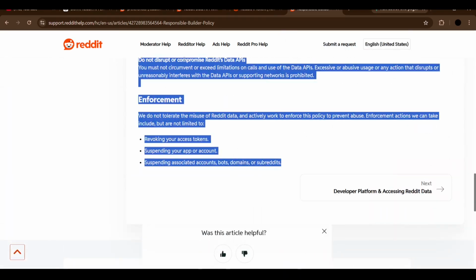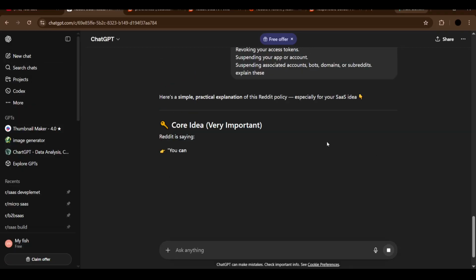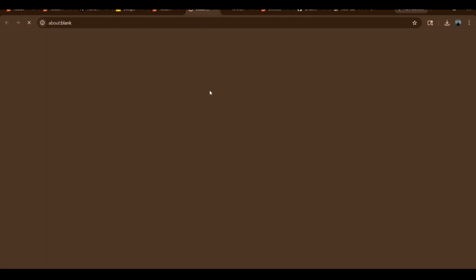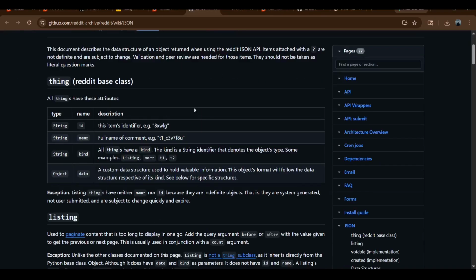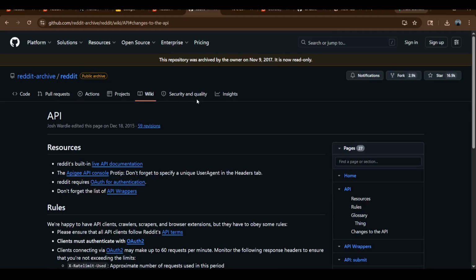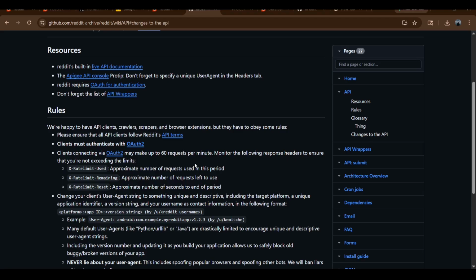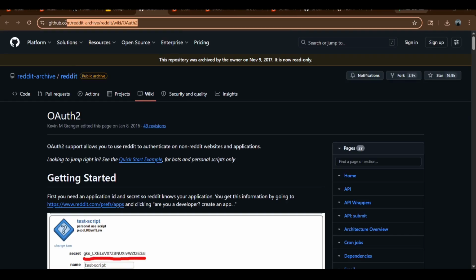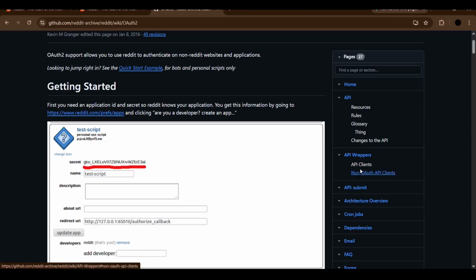We read about how to build it. The documentation says they do not provide a free API key. If you want one, you are supposed to buy a paid API key or submit an application. After that we opened GitHub repositories to check the rules on how to get and change the API key. There is one option to get a limited amount of API key, and I'm thinking of adding that, but it also doesn't show how to get it. So there is a little bit of complexity in getting an API key.